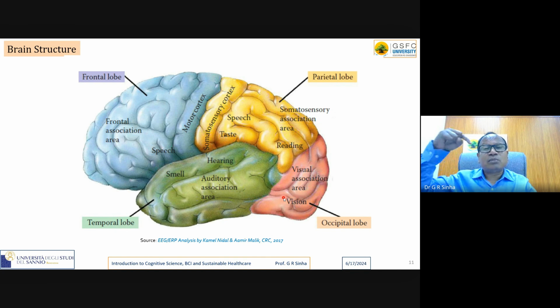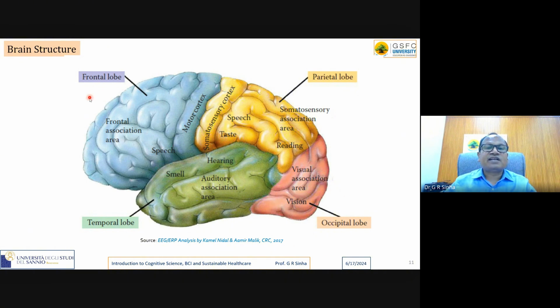You are either thinking about some picture, about meeting your friend, about some incident, some event, some place, your home, your university, or your friend, whatever. So you are visualizing something. And therefore, do you know which part of the brain is studied? If you want to study vision related ability, whether it is higher, reducing, or increasing because of some activities, you need to focus on the occipital area.